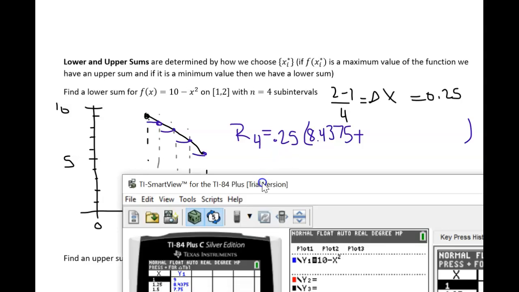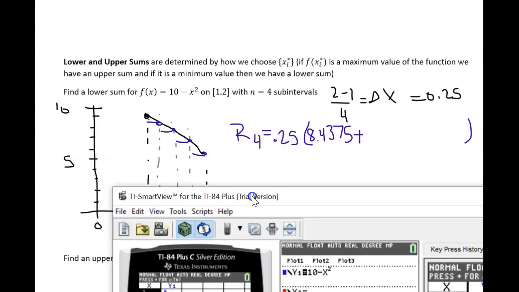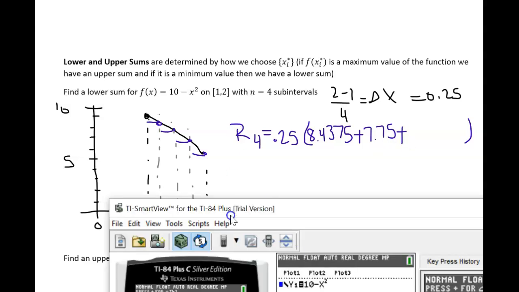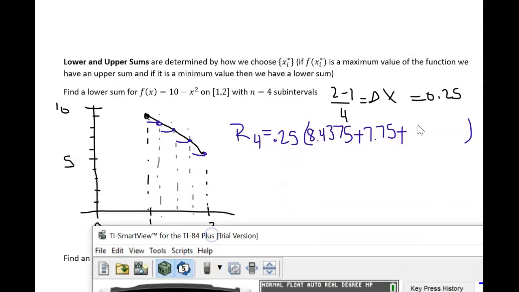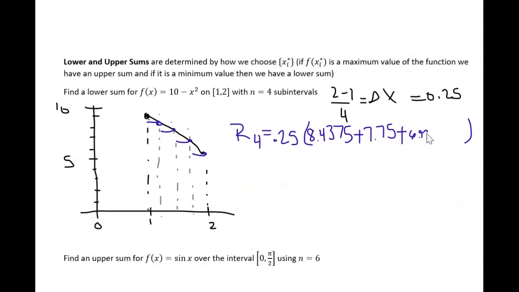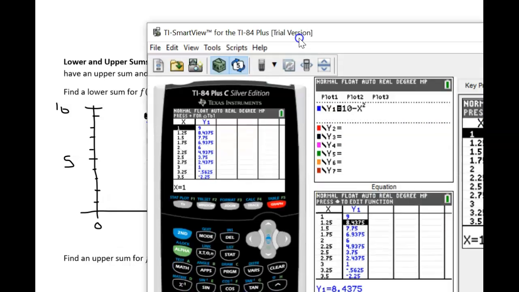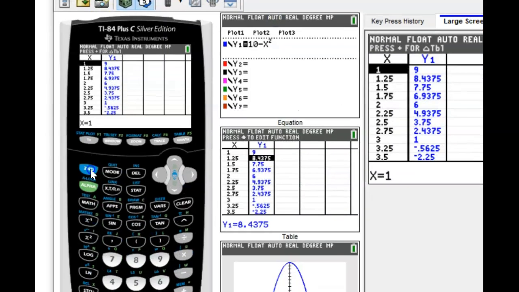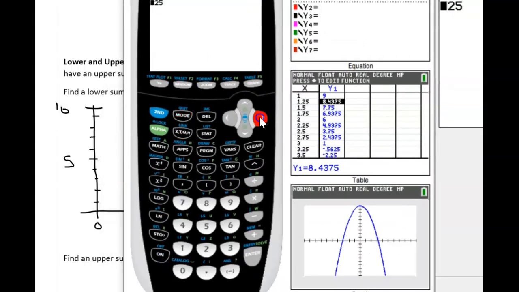plus the next point, which is 7.75, and I've got 4 partitions, so I know I'm going to need 4 of these. And then we've got 6.9375. And our last point, which is not going to fit, just kidding, it's 6. Go ahead and add up that sum. And our lower sum, which ended up being a right-hand sum, approximates the area as an underestimate of,